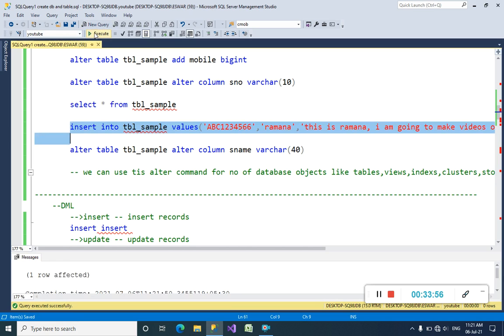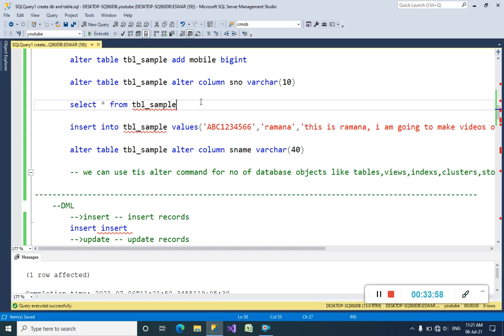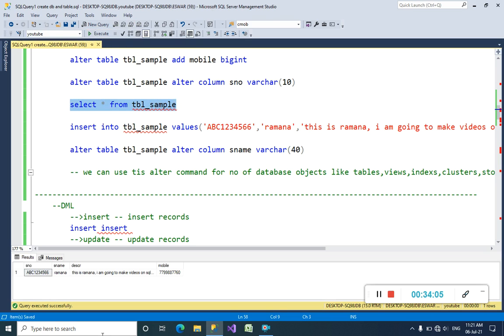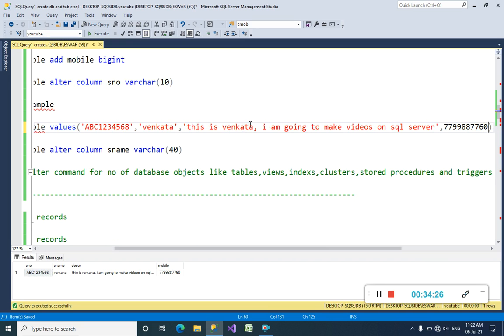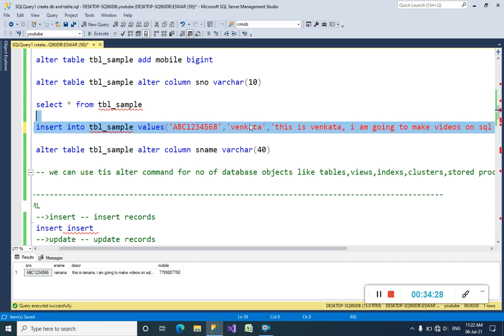So I want to insert a record and check whether it exists or not. Insert into the table. Execute. Yes, the Ramanat record exists in this table, but I want to add one more record, Venkata. His mobile number is 71.